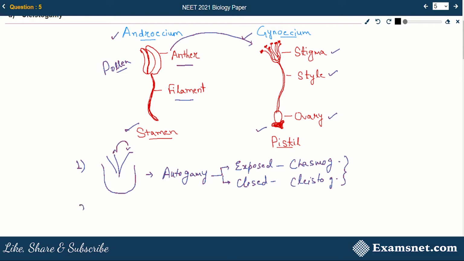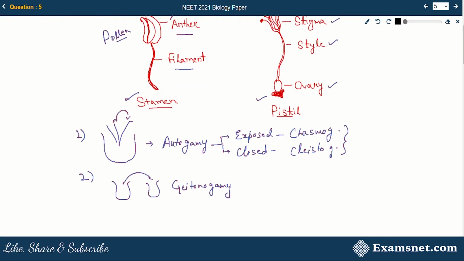Now, the second type of process is known as geitonogamy. What happens in geitonogamy? The pollens from one flower are transferred to the stigma of another flower. So this is known as geitonogamy. But since this is taking place in the same plant, there will not be any difference in the genetic